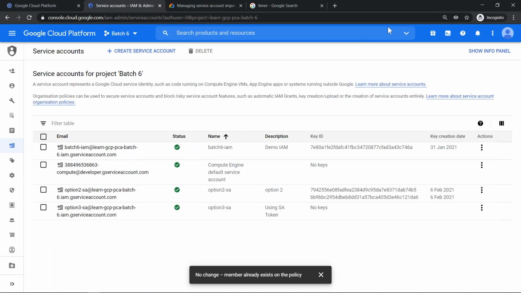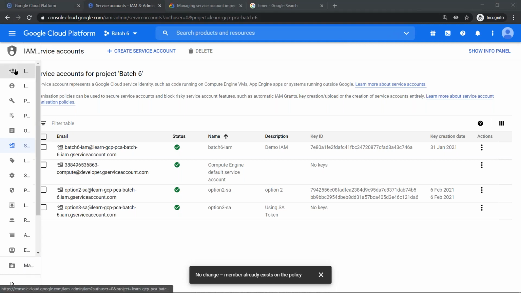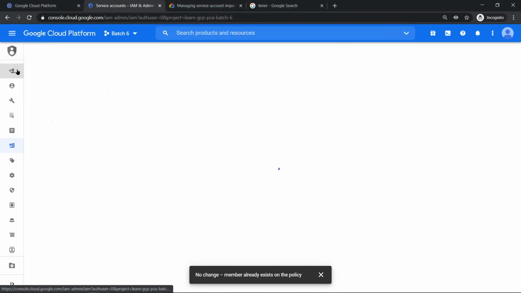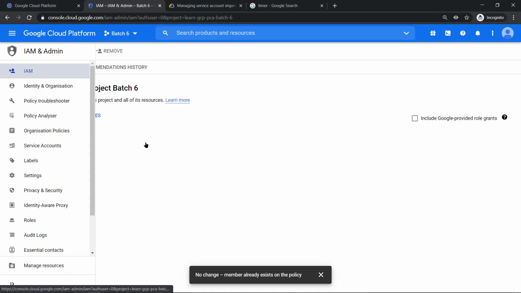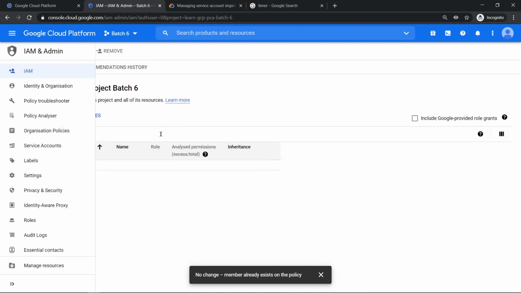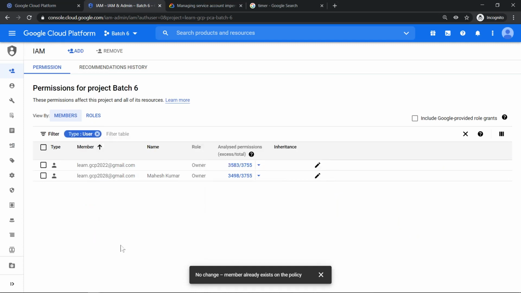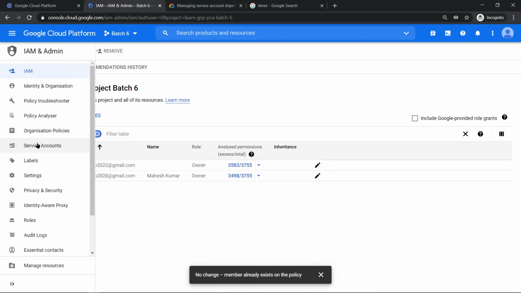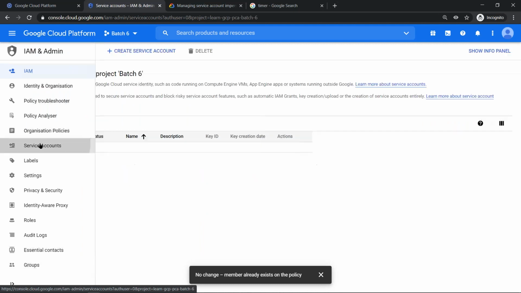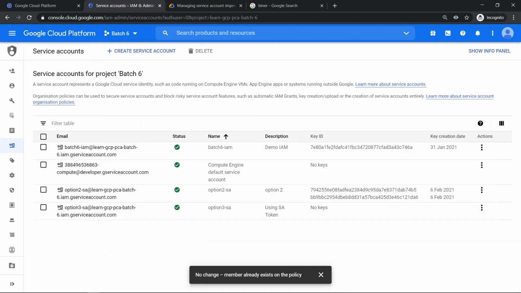Now this time what we are going to do is first of all, let me see whether this user has access. This user does not have access anyway. Mahesh, that user does not have access, but just wanted to verify it. It's not there. Now let me go and do a small thing. Select this, identity, service account. Click on show info panel,